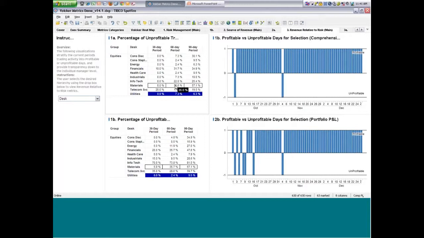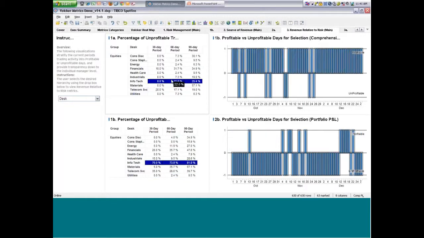Versus if we started to see that comprehensive P&L is all positive, as well as asset appreciation being all positive, that potentially brings up the possibility that they're making their money essentially through proprietary trading. So this allows us to start asking questions around how desks are making their money, and what the trends are showing. If we look, for example, in 2B here, there are more unprofitable days than profitable days from an asset appreciation perspective. I guess that could be prop trading, but more realistically,